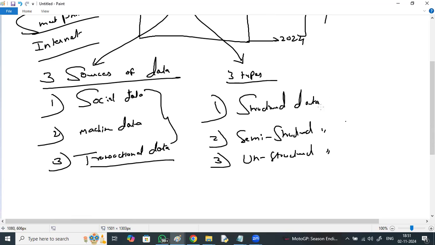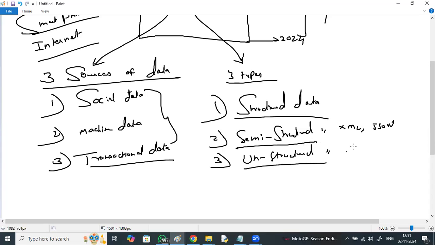Structured data is organized in the form of rows and columns in a structured format, like Excel files and DB tables, right? Semi-structured data is not fully structured and not fully unstructured, like XML files and JSON files.